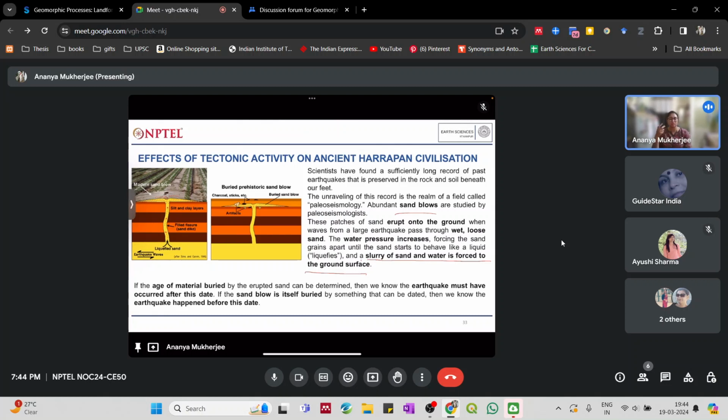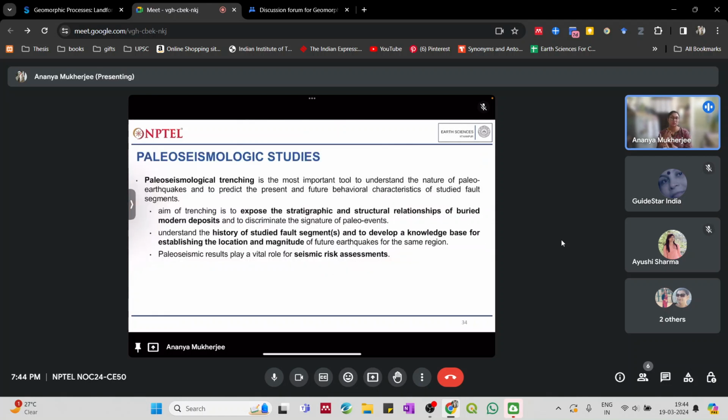paleoseismologists as well as in archaeological studies, if they study sand blows, this can help us in trying to date the different earthquake events and give their ages. So paleoseismic studies, paleoseismologic,